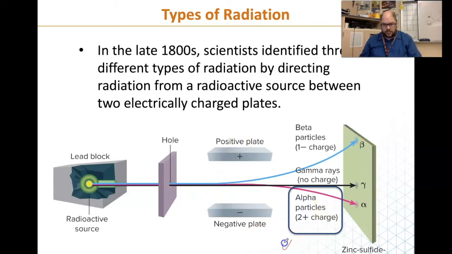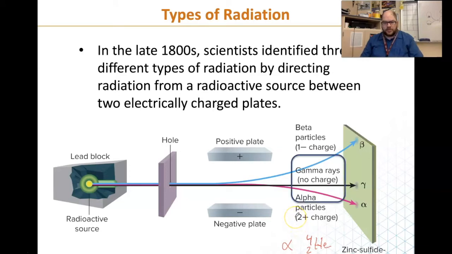You'll see maybe an alpha symbol like this, or it's actually a helium nucleus. Okay, so it's a helium stripped of its electrons. And so that is an alpha particle. Okay, the next one,